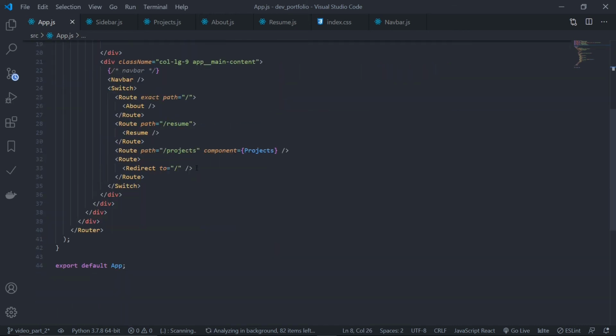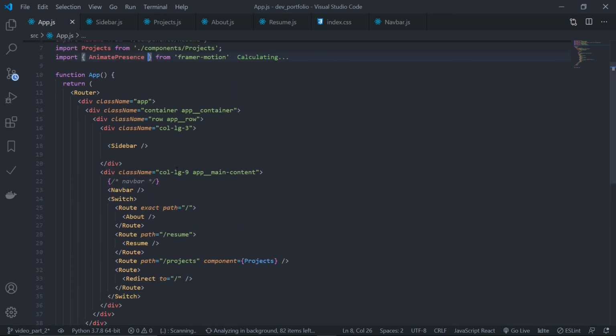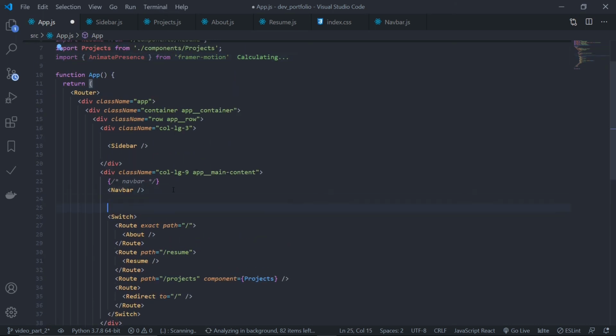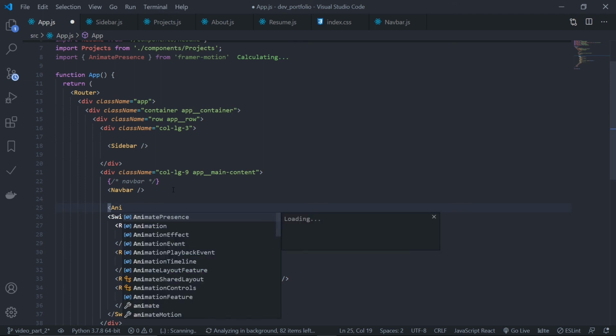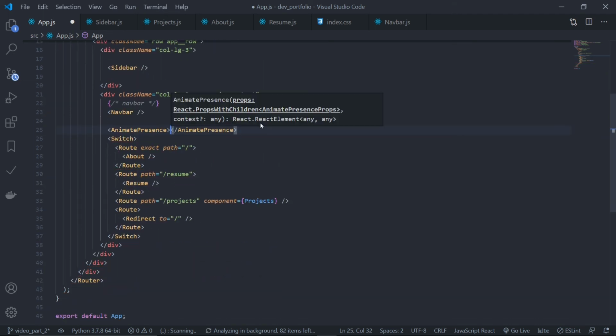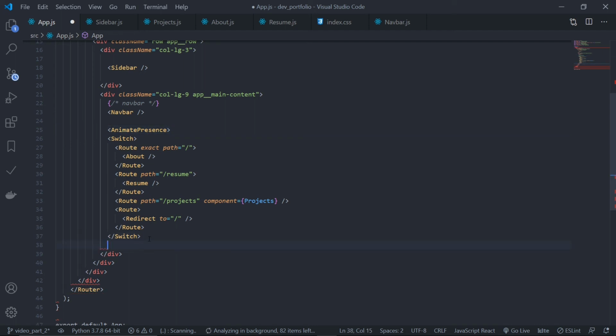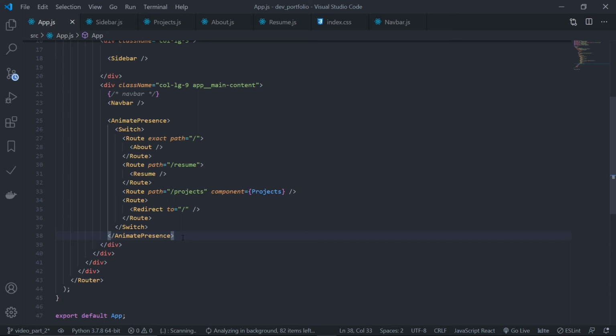And now wrap the switch component. Which one? Yeah, this one. So wrap it under animate presence. Cool. And just add this here. Okay, fine. But this alone would not be enough, because whenever I am changing this component, our route also changes,